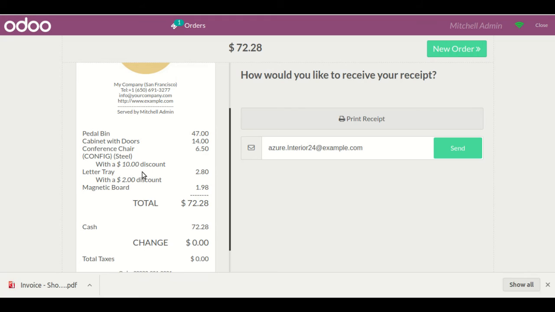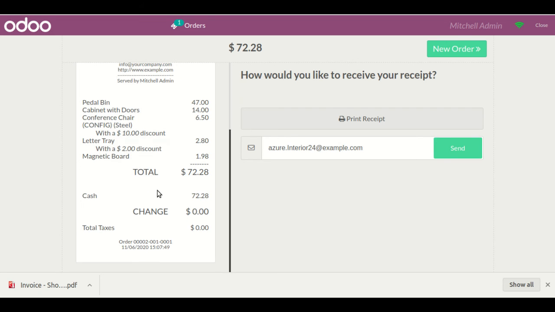You will also see that when the point of sale receipt is generated, you can see the bifurcated discount as we have defined. So like this, on a particular point of sale order line, you can apply this discount amount.